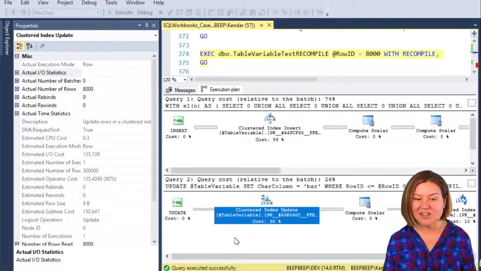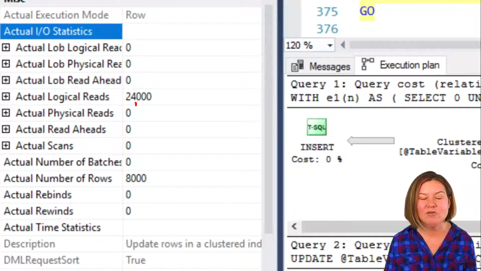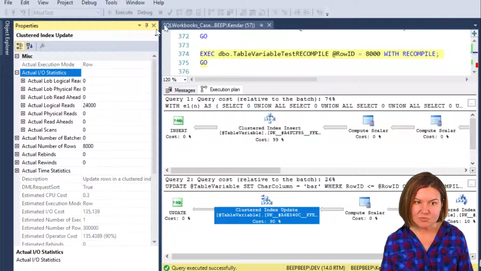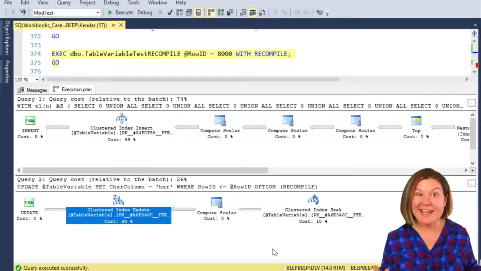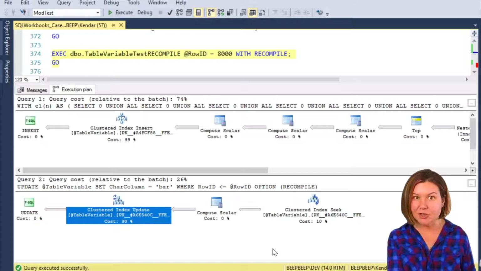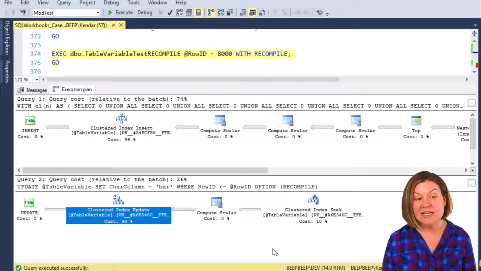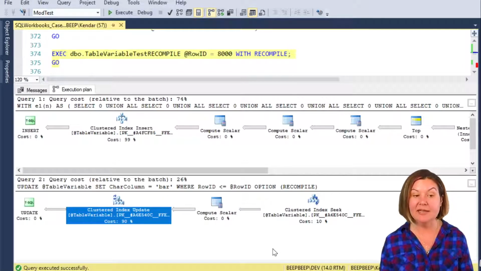And then on the clustered index update, are we doing more I/O? Looking at the IO there, oh, we're doing another 24,000 logical reads there. So this is still pretty fast because we're only dealing with 8,000 rows, but the pattern of extra I/O that at some scale leads to slowness,